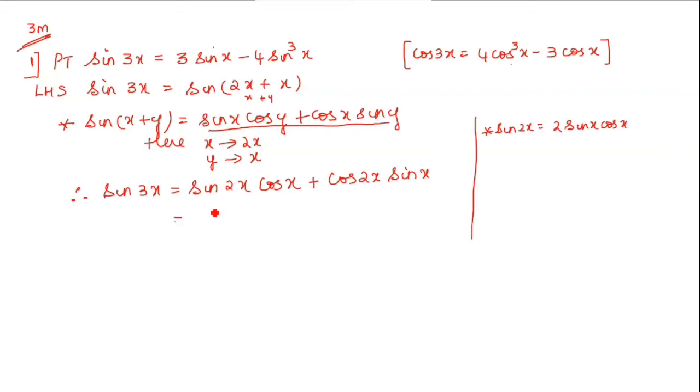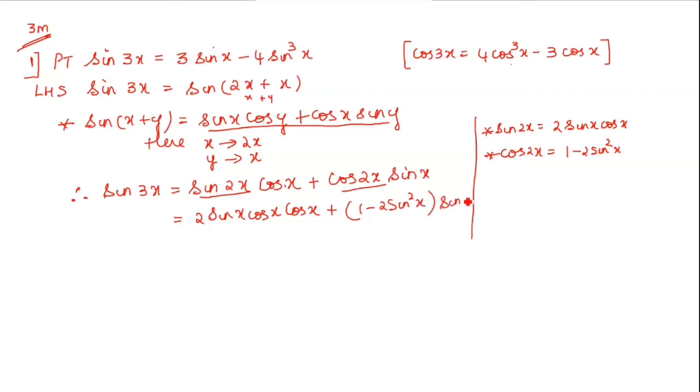So this is equal to, for this sin 2x I substitute, for cos 2x also I substitute, which is the cos 2x formula. Now since I want it in terms of sine only, the formula in terms of sine is 1 minus 2 sine square x. So substitute. So this is 2 sin x cos x, and this cos x write as it is, plus what is the cos 2x formula? 1 minus 2 sine square x. I've already told you, if you have more than one term, please put a bracket to avoid confusion. Now, what do we get here?